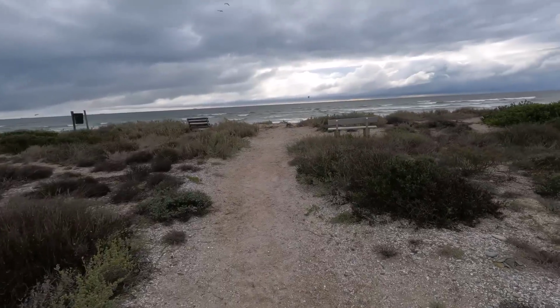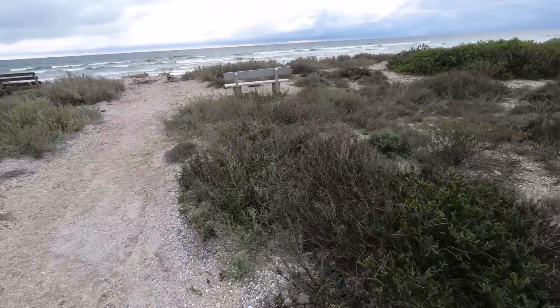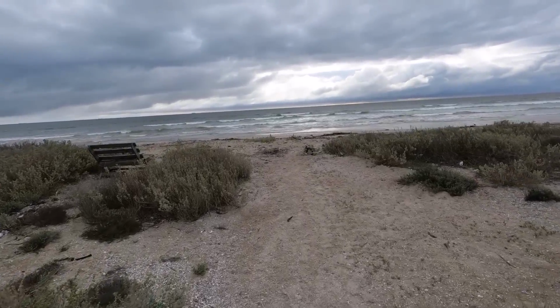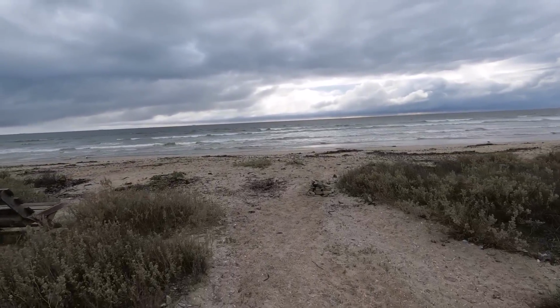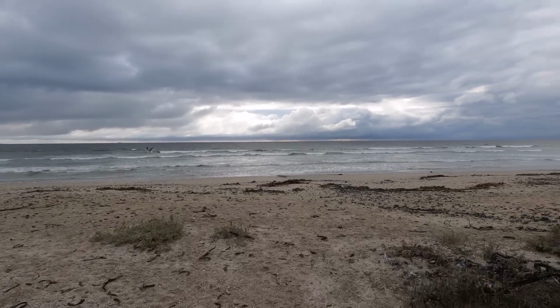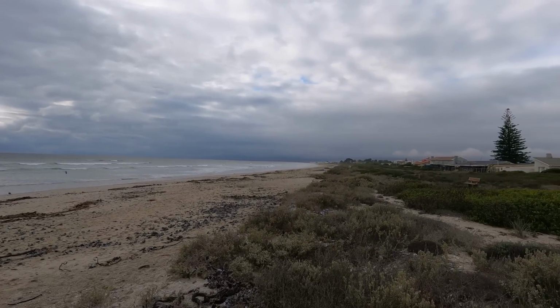Just crossing here, you can see the crushed mussel shells as well that you will remember we saw in Lambert's Bay as well. Lambert's Bay, of course, also on the west coast. And yep, here we go, the beautiful beach